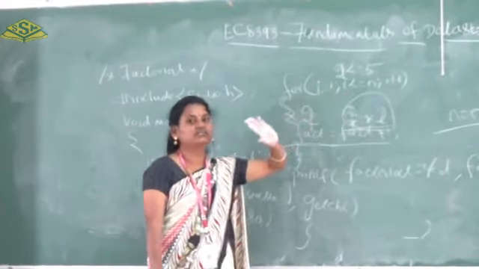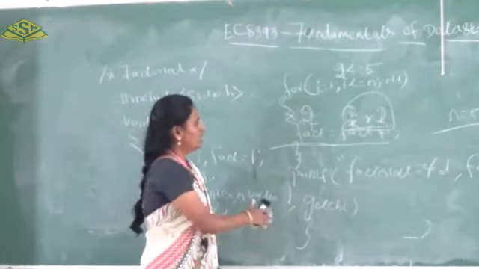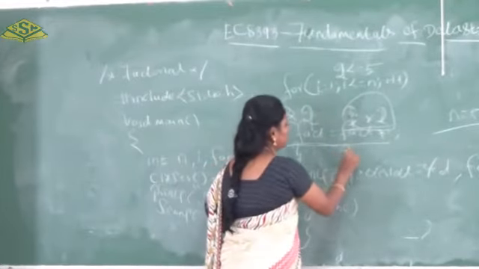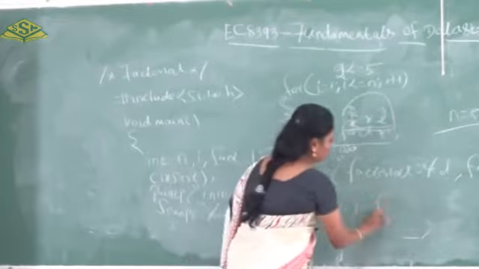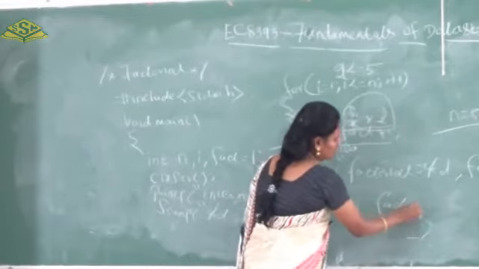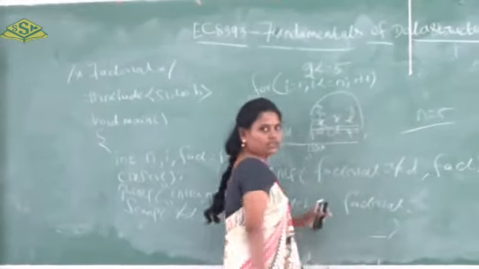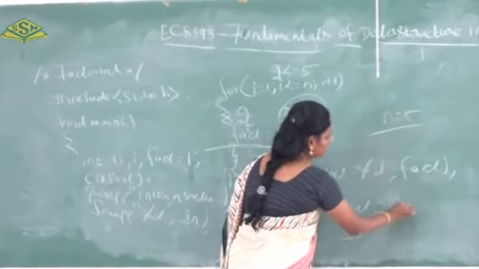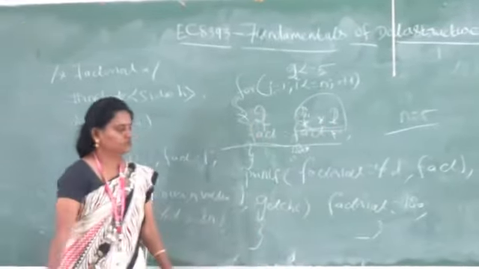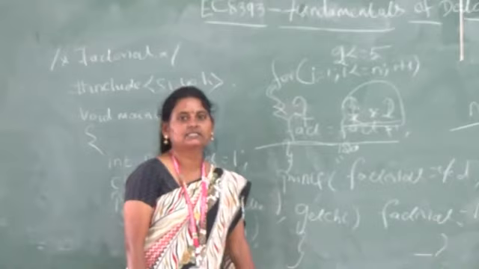When i is not less than or equal to 5, the condition is not satisfied. So finally the answer will be 120. If we run this program, finally we will have factorial is equal to 120. So in the next class we can see the program for